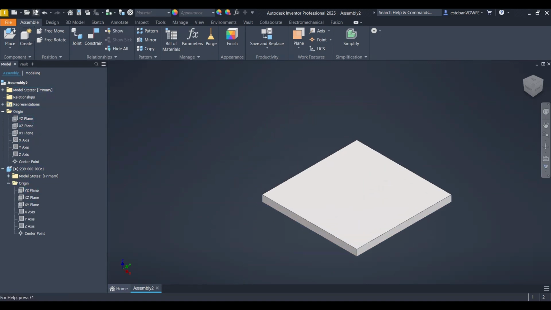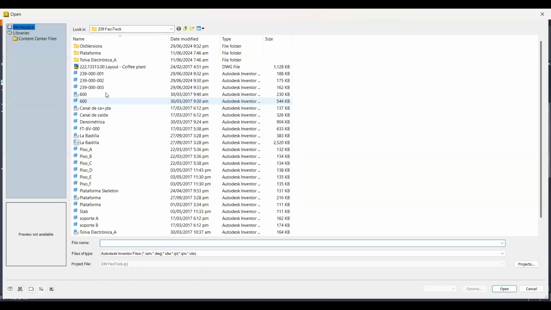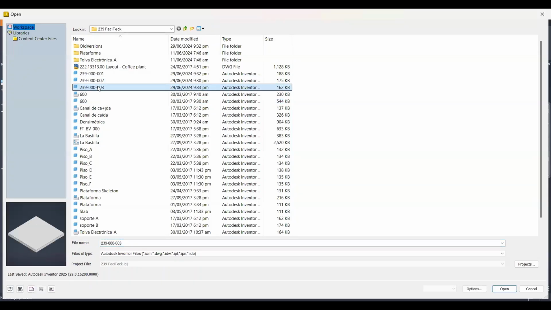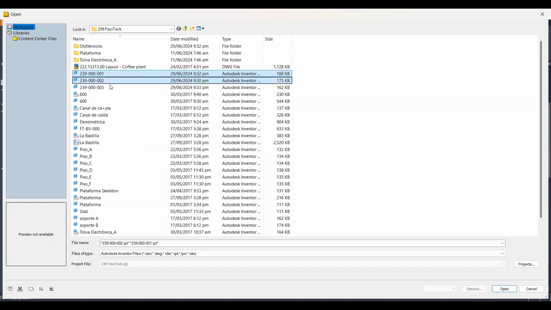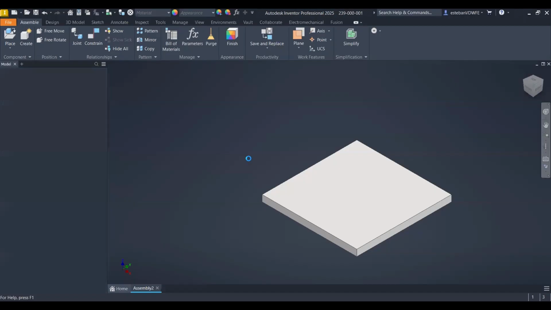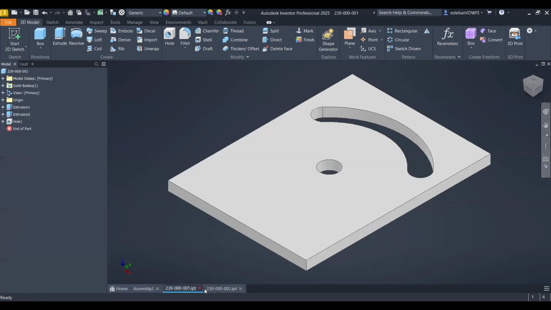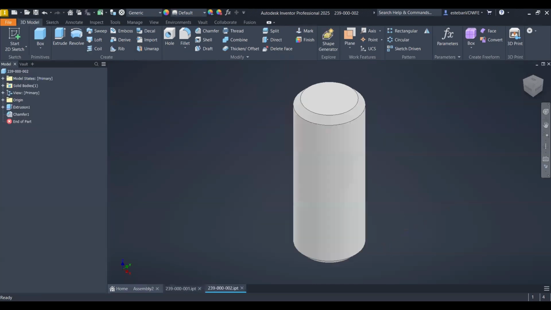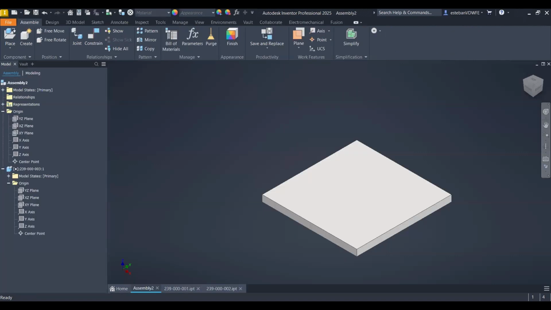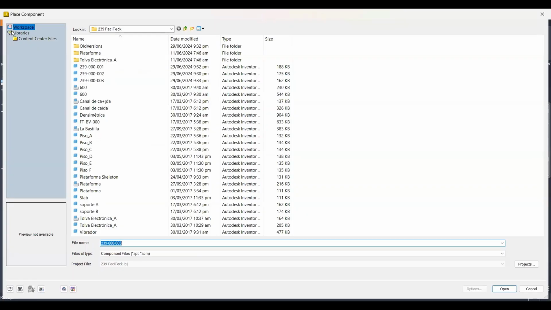All right, so in SolidWorks there is something interesting, and it is that when you have parts open and you go into the assembly, let me show you. I have these two parts open. When you go into the assembly and click on Insert Part, you're going to have those parts available to select from a list, right? Well,